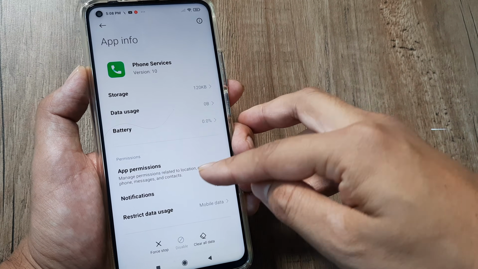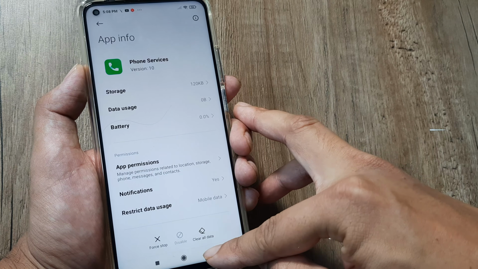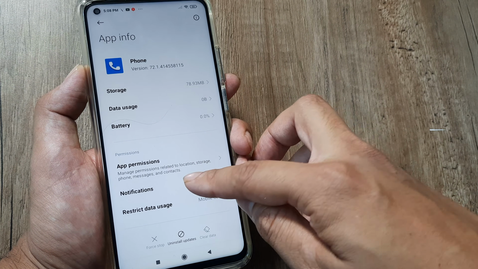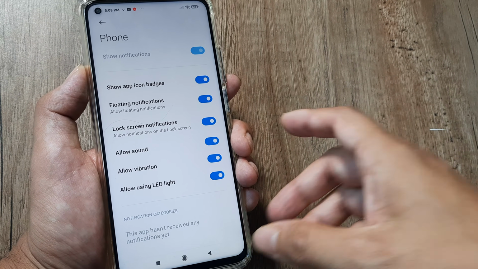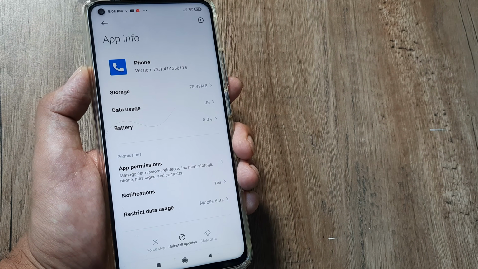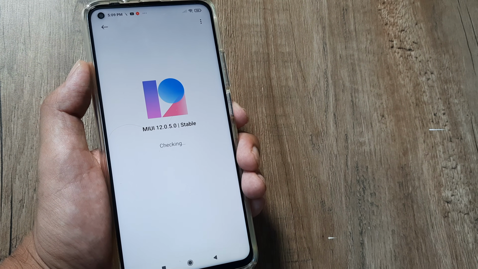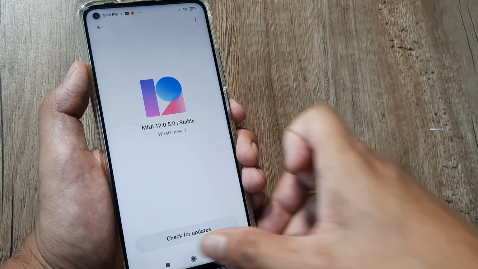For both phone and phone services, just check that your notifications are turned on. Basically sometimes people report that they are not getting alerts for incoming calls. So just ensure that all the notifications are turned on. Sometimes an Android update may simply turn this off. So hopefully all this helps. One other thing that you can do is just check whether there is an update available for the phone. Sometimes installing the latest update may also rectify such issues.